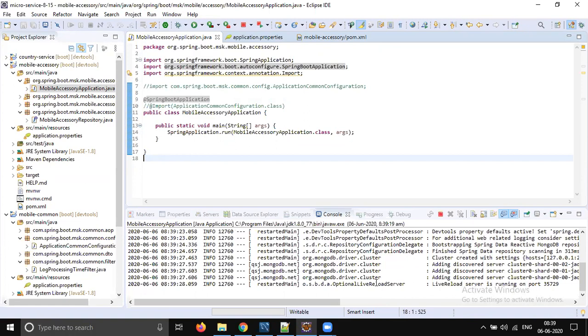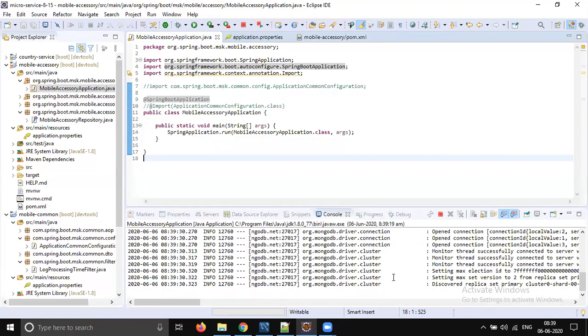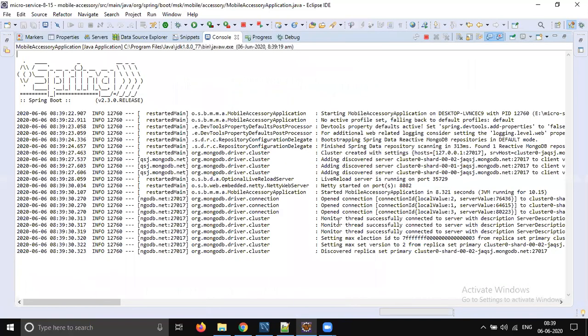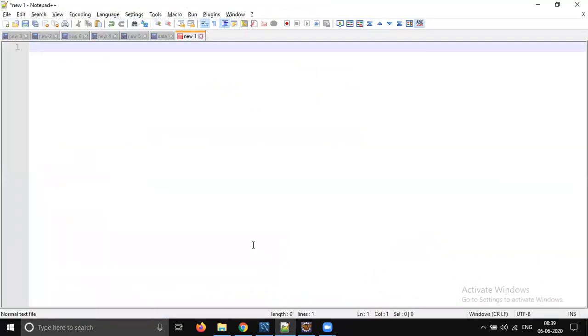Yes, it's starting. It is connecting to MongoDB. Fine. Yes, look at this line. To run Spring WebFlux or Spring Reactive code, the server we are going to use is a different server, right? So from today, the server is going to change.